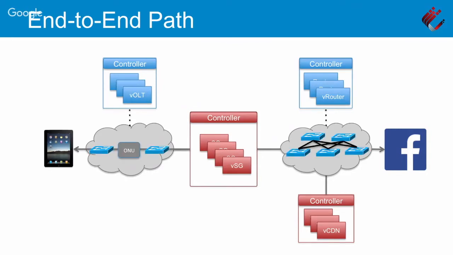So it's your home CPE connected into the ONU, to the OLT device that's sitting in the central office, which connects you into your container, which then over the switching fabric, under the control of the virtual router, gets you out to the internet. And I'm showing a third-party service sitting there as well. It's a virtual CDN, also using the virtual router to get to the internet because it has to go out to fill cache misses.